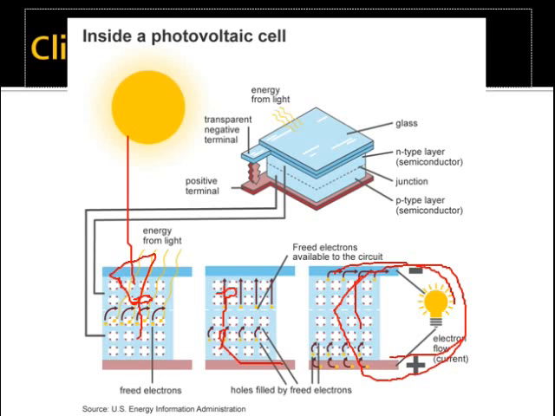And the flow of electrons through the external conductor constitutes an electric current, which will continue as long as more free electrons and holes are formed by the solar radiation. As long as the free electrons and holes are formed by solar radiation, the current will keep on flowing. And this is the base of solar photovoltaic conversion. This is generally called a PV cell. This is how a PV cell works.